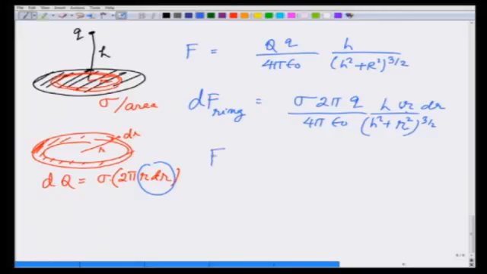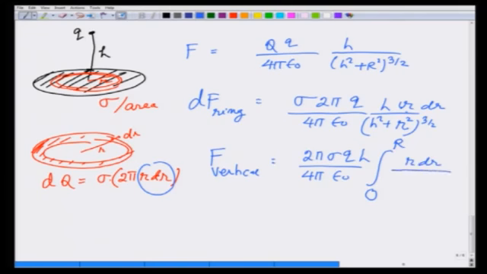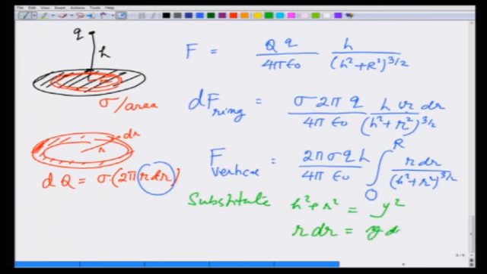So, therefore, the net force, which is again going to be vertical, will be 2 pi sigma q over 4 pi epsilon 0 h, integration r varies from 0 to capital R, r dr over (h square plus r square) raised to 3 by 2. And now, if I make the substitution h square plus r square equals, let us say, y square, so that r dr is y dy, I get the vertical force to be